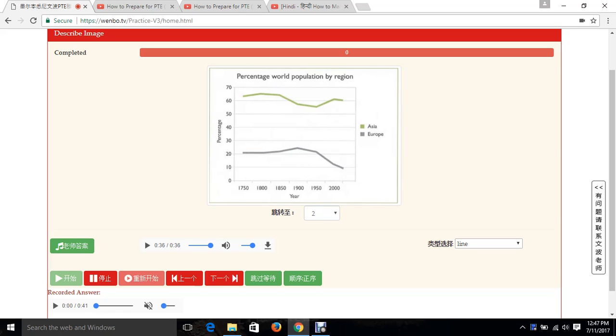So we have described all the important points. We have described which year and how much population it reached. We have to describe the percentage according to the country which is mentioned in the graph. So we have mentioned all the points, and there was no break, no stammering, nothing in between. So you will get full marks if you practice like this.